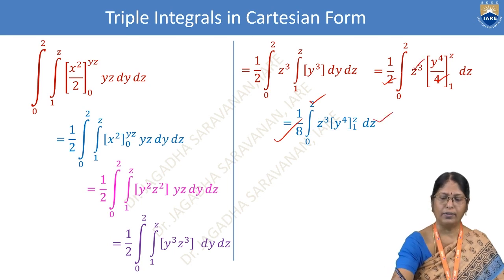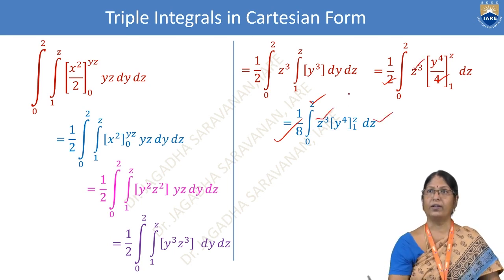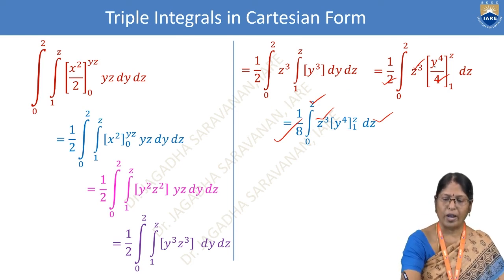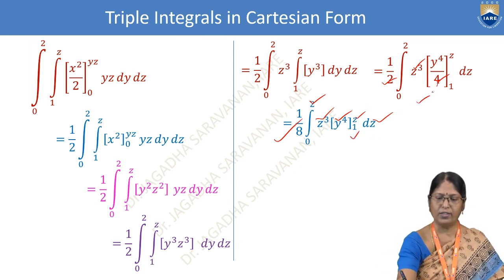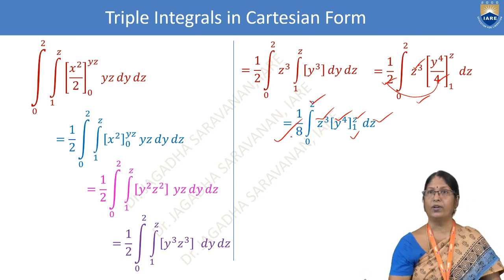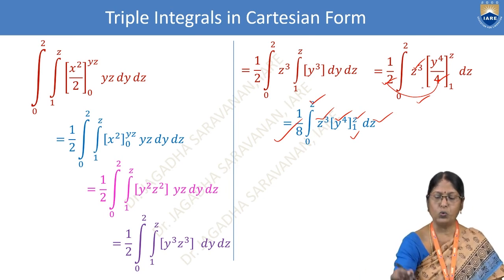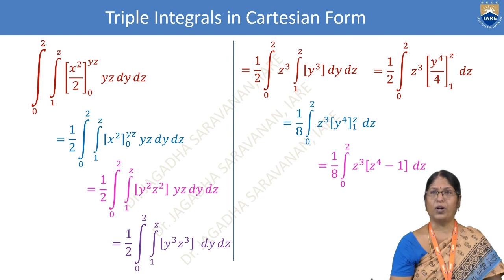And this, where I am putting the tick, they are written as it is. This y power 4 from 1 to z. This and this, the change is only this: 4 2s are 8. We have made the changes in these two steps. So the next one is